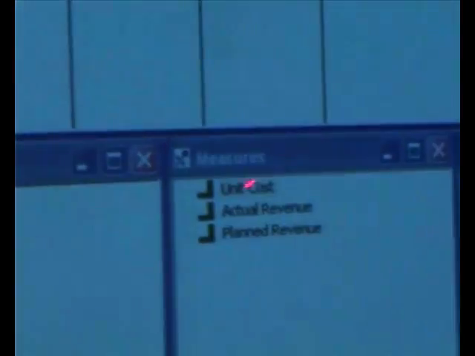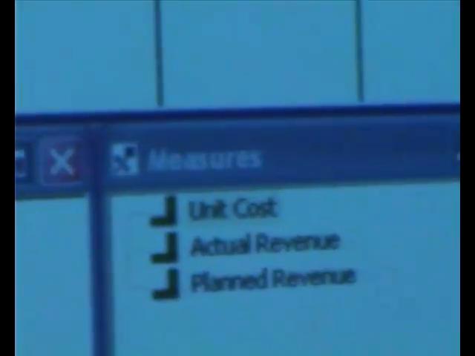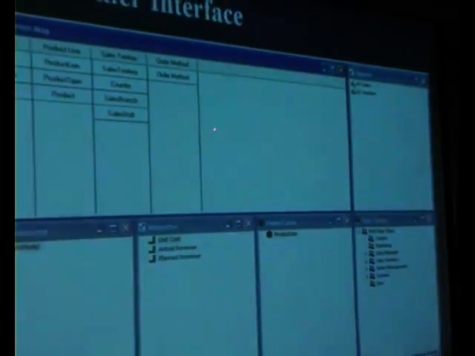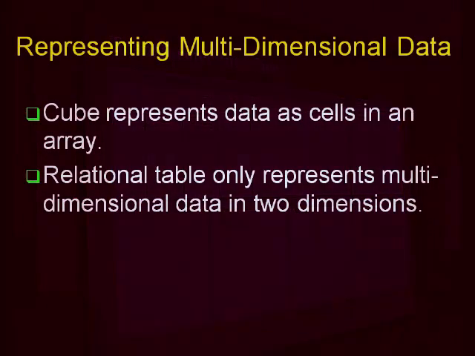Once the functions are triggered, a cube is generated and then shown here. So in a way, a hypercube can always be simulated using the facility provided in Cognos with the name Transformer.